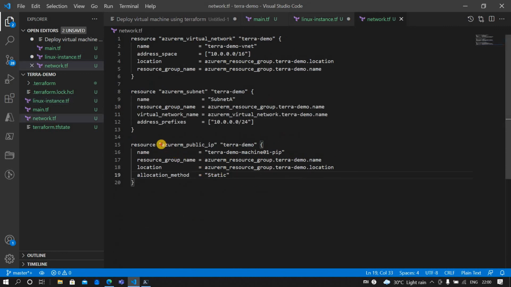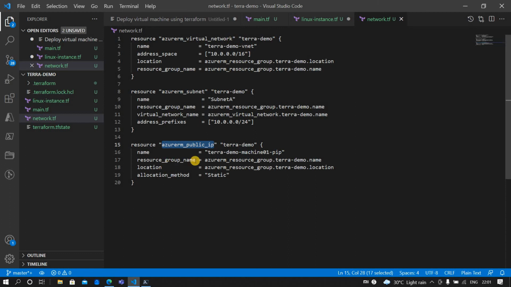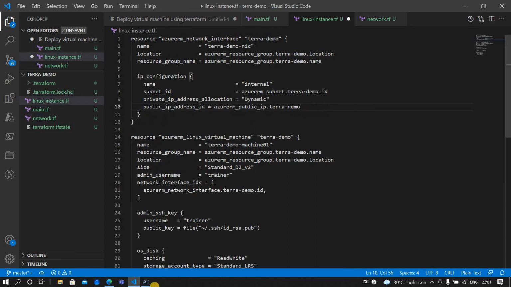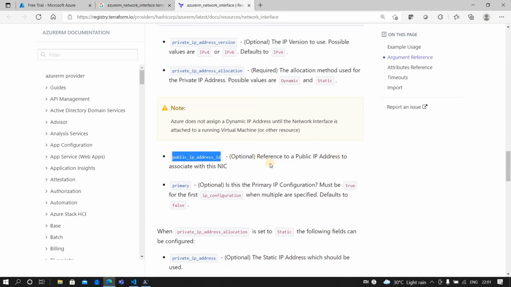I'll take this one, Azure public IP. I'll copy, and I don't need the double quotes. Then I give that, it is named as Terra demo, and under that I'll get the ID, because it is clearly mentioned that you provide the ID of the public IP address.